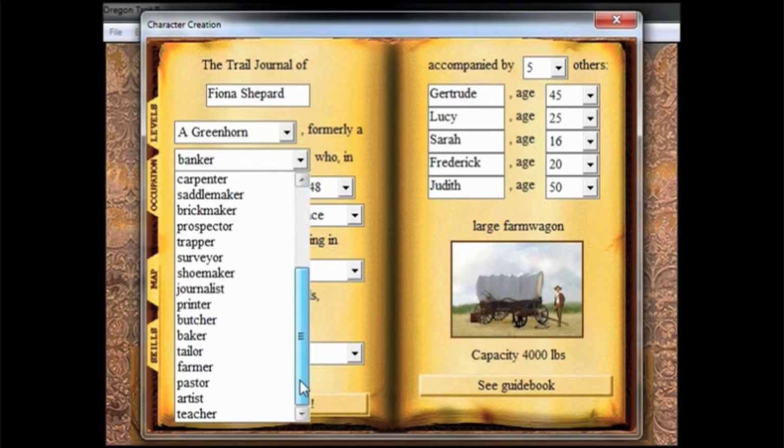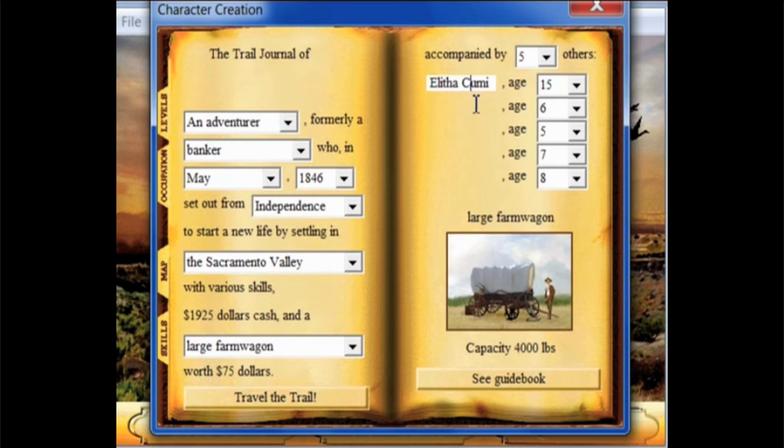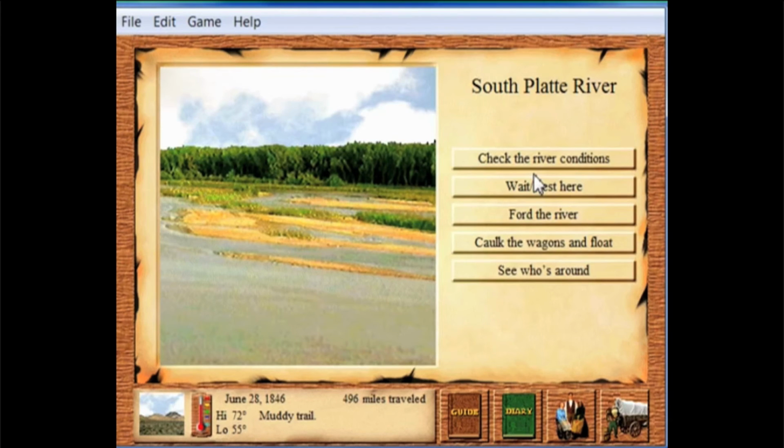In Oregon Trail 2, your occupation choices increased dramatically. Hey look, teacher is actually listed below artist. And you can both name and pick the age of all the members of the party. The player also gets to choose what year to set out on, which range from 1840 to 1860. The year you choose affects numerous aspects of the game. Plus you have the option of where to start and where to finish. Studer and his team continue the tradition of programming computer algorithms into different features, such as the weather.